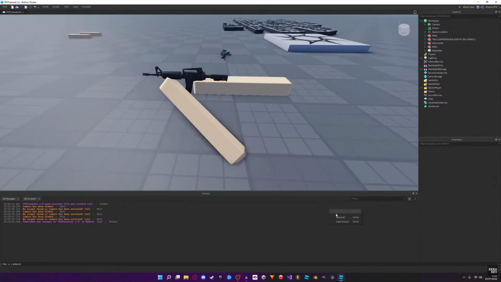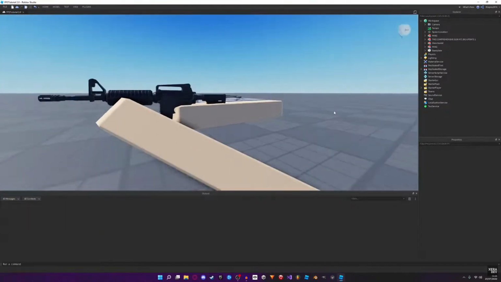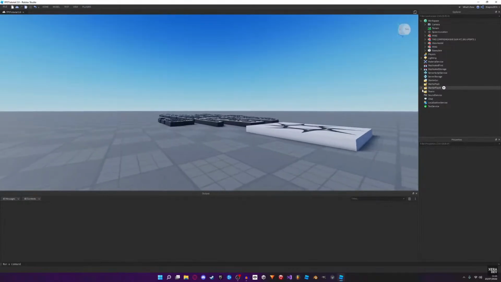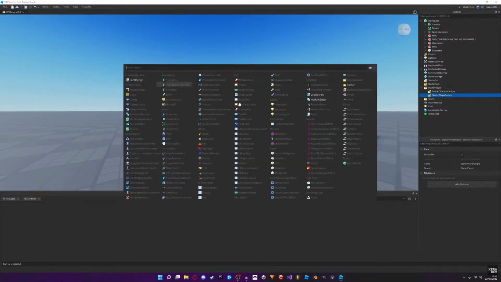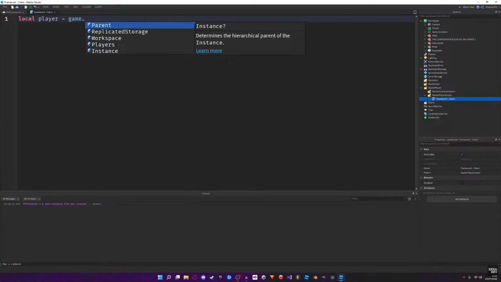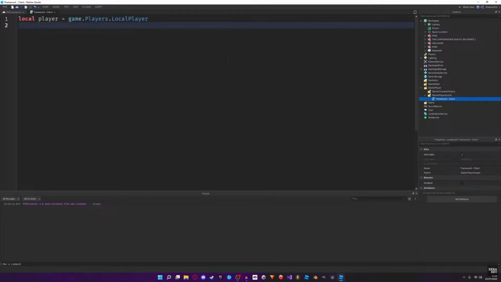Okay, so now we actually need to write the main framework for the game, so we need to get the view model to show in game. So we're gonna add a script to start a player scripts. I'm gonna call it framework client, and then inside we're gonna make a couple of variables. So we'll start with local player equals game.players.local player, and then we'll say local character